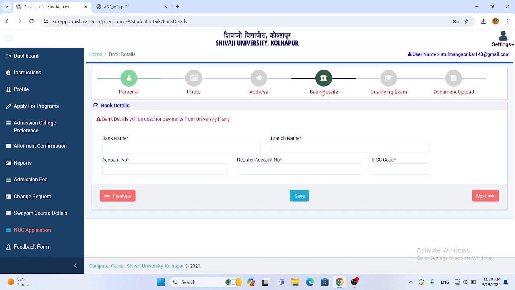Remember these bank details are, as I told earlier, just for the sake of information to be collected for the admission purpose. If some double payments are made or technical issues occur, the university has the definite bank details of the applicant, so that in such rare cases of technical error, the amount will be refunded to this account. So give account details carefully.